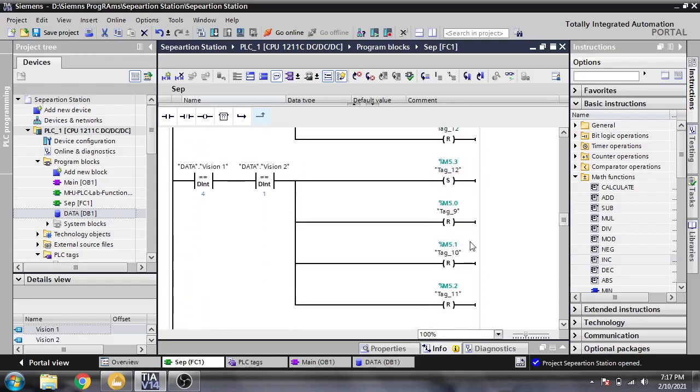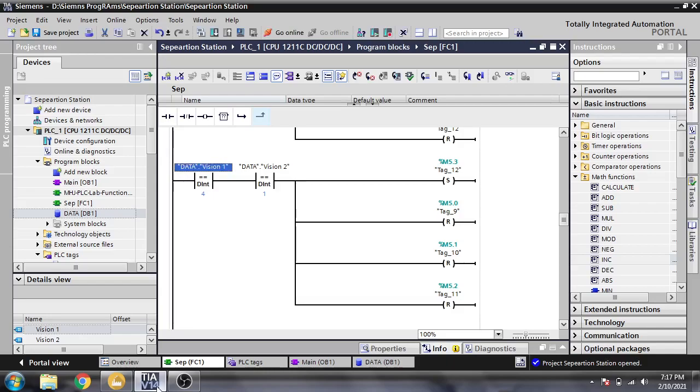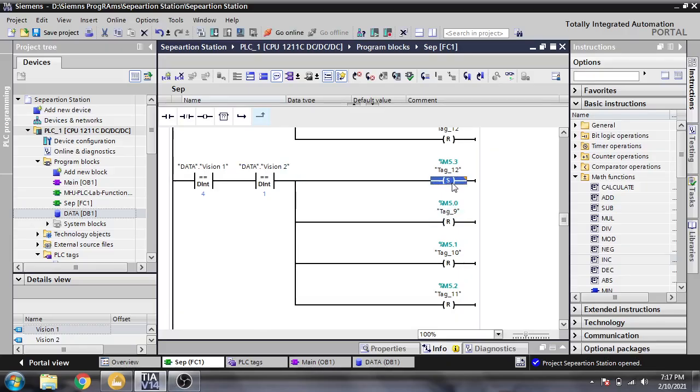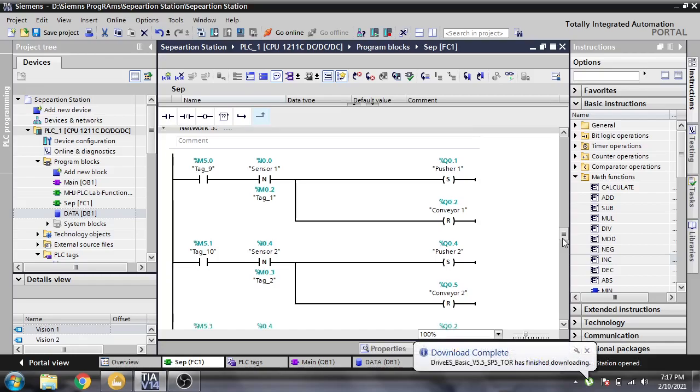And if that sensor has 4, which means green, and the other sensor has blue, then it will set M5.3 and reset all the others below: M5.0, 5.1, 5.2.